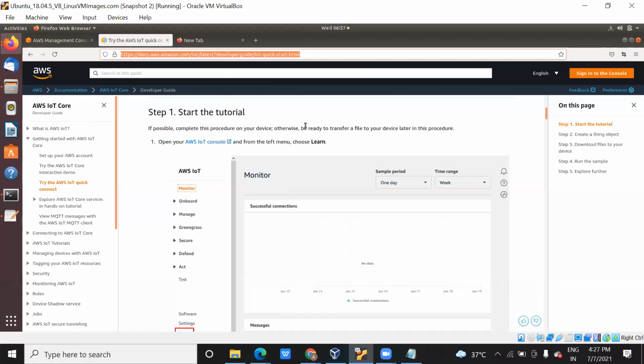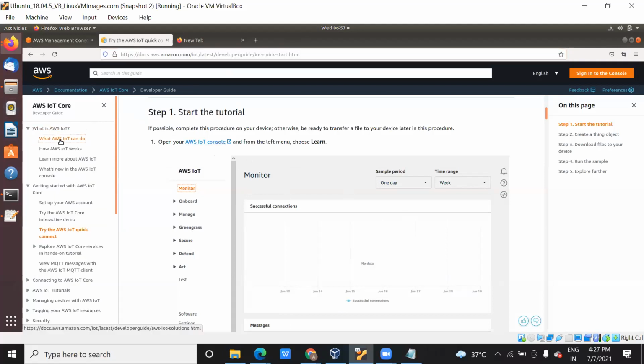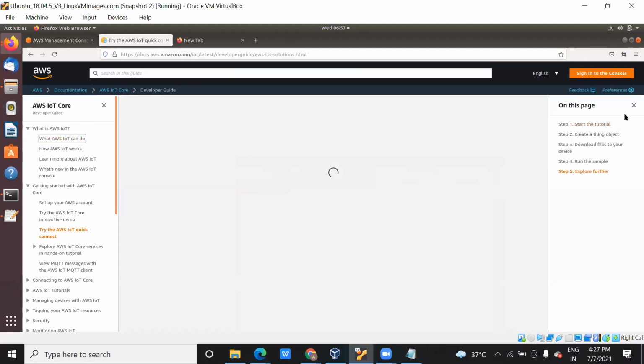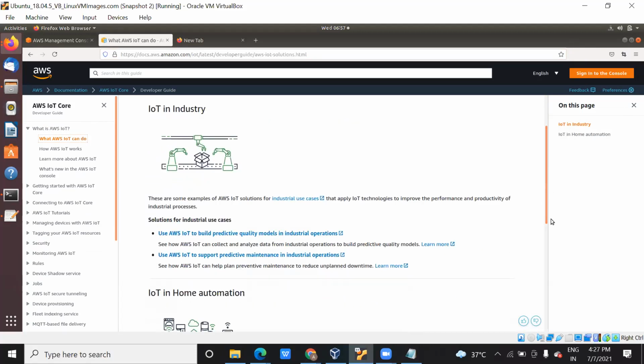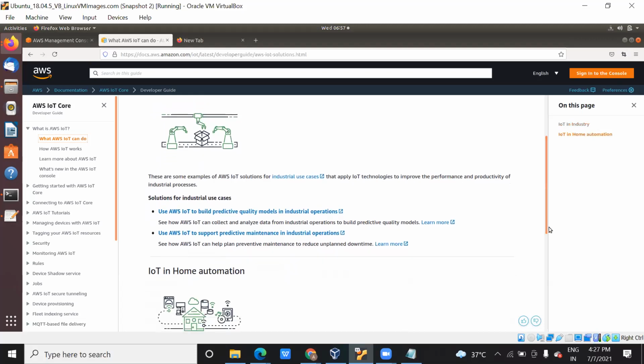Once you click on that, this link will open. You can try it and let me know whether you are getting the same screen or not. We need to click IoT Core, AWS IoT Core, or you can just search in the management console for IoT Core. So you will get that option.